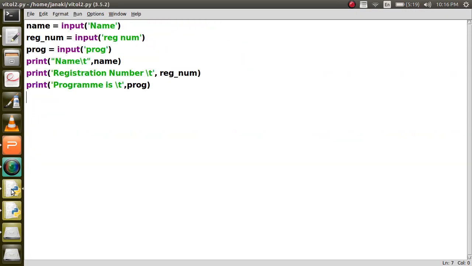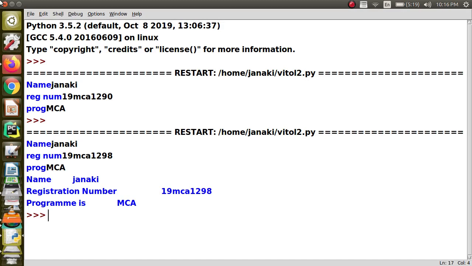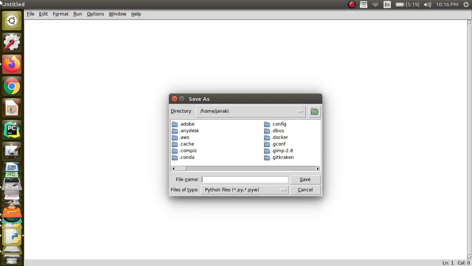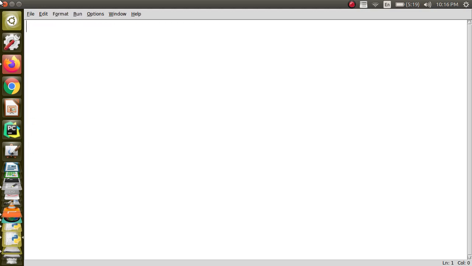Okay, so we will close this program, and I want to read two numbers. Let them be num1 and num2. When I use input, it will be read only as a string.